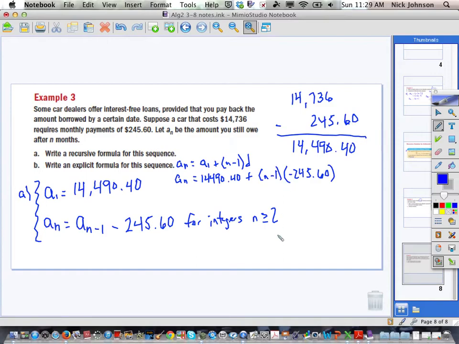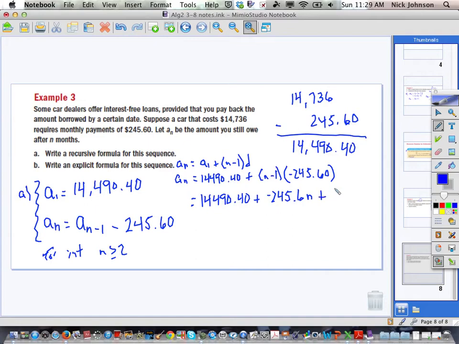So, and I'm just going to make a little bit of room here. I should have wrote that underneath just to save myself room. I apologize for the amount of time this is taking. And I'll write it right down here. For integers, N is greater than or equal to 2. But I just want to show you this. Equals 14,490.4. Okay. This times N is plus a negative 245.6 N. Negative times negative is a positive, so plus